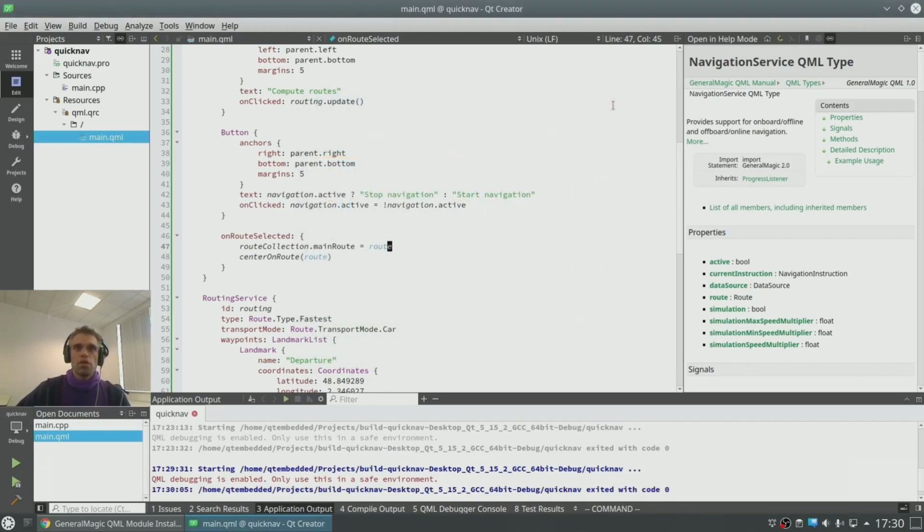Now, while this is navigating, we want to see, for example, an icon that shows us the next turn. So let's do that. We go here to map view.